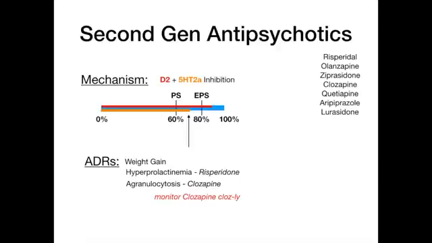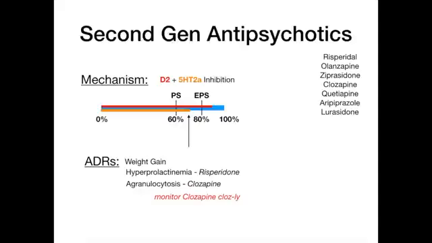The big one is weight gain and metabolic syndrome. So all of these drugs, unfortunately, cause patients to gain a lot of weight, spike their cholesterol, and cause type 2 diabetes, and the risk is really, really high, way more so than first-generation antipsychotics. These second generations are also anti-HAM, so they do all that stuff that I mentioned on the first slide, but the weight gain in the second generation is way more than the weight gain in the first generation. Specifically, we should talk about risperidone and clozapine because they have two very, very high-yield adverse drug reactions.